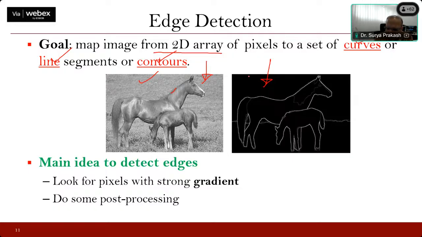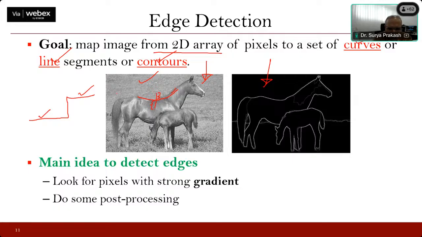So it's a very simple idea. You see here that at the edges, you have some transition. For example, if this is the boundary of the object, then across the boundary, if you move from this side to this side, then when you are on this side you have one type of intensity, and on the other side you have another type of intensity. So at an edge, you will always see a change in the intensity. So if you have some way to compute or identify this change, then by detecting that change, you can identify the presence